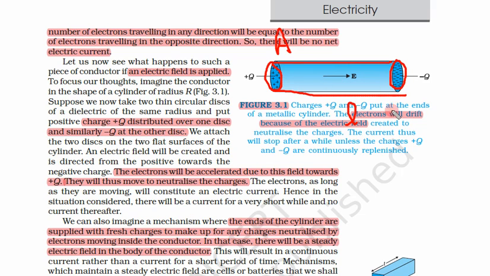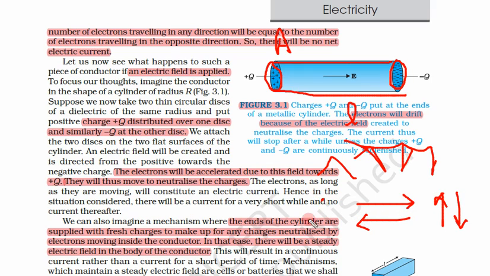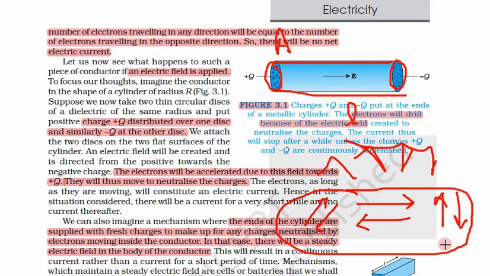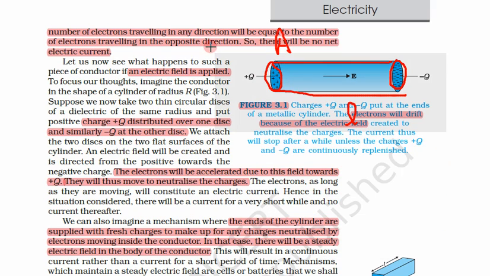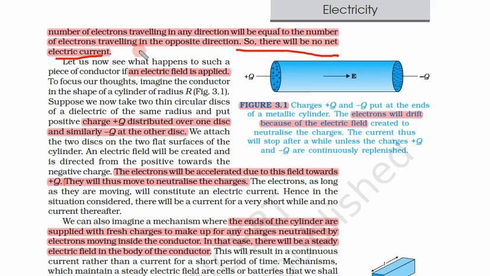Now what happens? Initially there was no electric field, that means it was not connected to a battery, and the electrons were moving in random direction. So the net flow of electrons towards any direction, left and right, up and down, forward or backward, were cancelling each other. Hence there was no flow of current because the movement of electrons was cancelling each other and there are a large number of electrons. So there will be no current when there is no electric field.